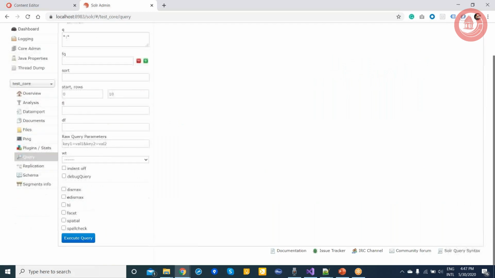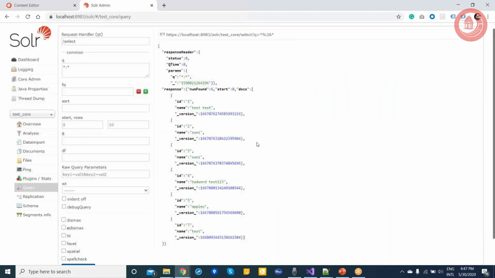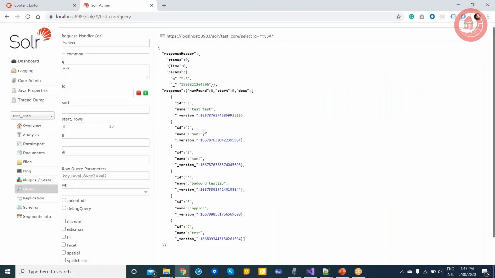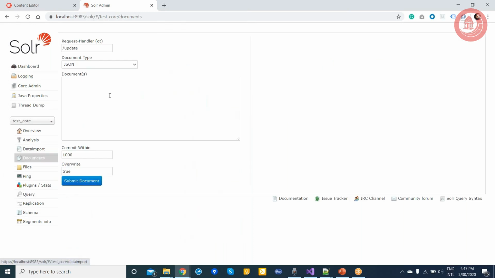and if I search for the records, I can see there are a few records: 1, 2, 3, 4, 5, 6, 7. I just deleted one. Let's select one more record here. If you go to document, this is the handler which I showed you in the architecture view. So you will pass the ID, which will be in double quotes. So this is the ID.